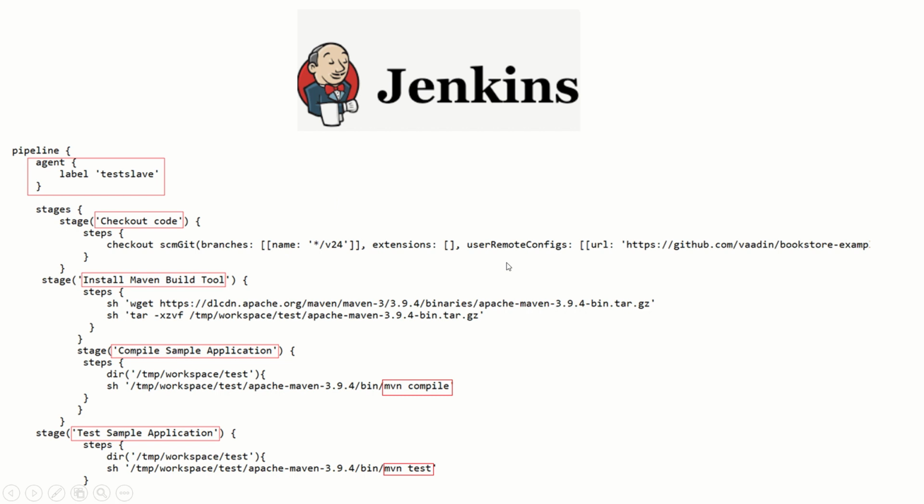So I'll show you how we can create this complete command. There is nothing to it, it's an easy pipeline syntax available in the Jenkins documentation itself. So we'll create it from there, and once checkout is done and Install Maven is done, then we'll use the compilation of the sample application. So we'll first use the mvn compile command, and